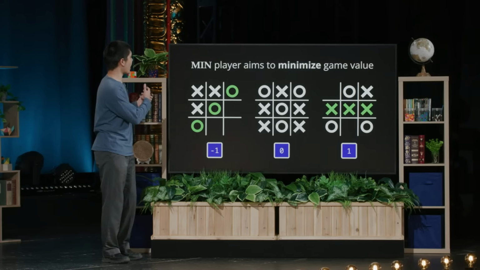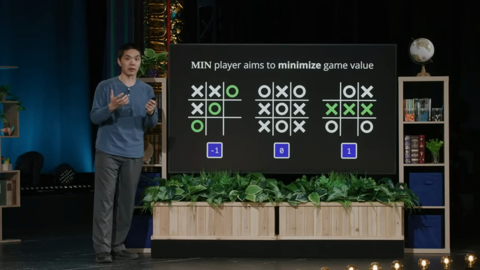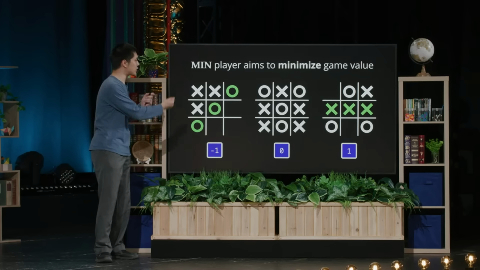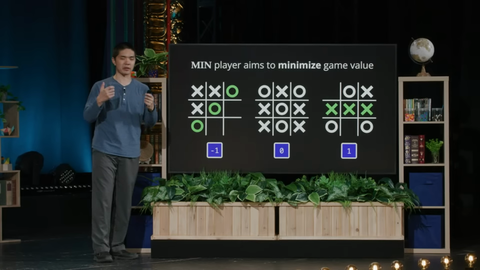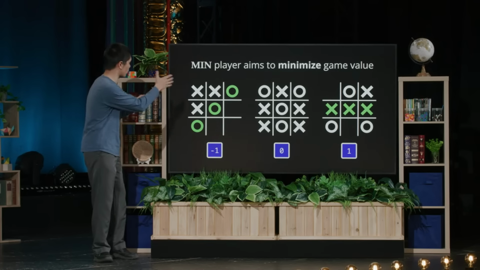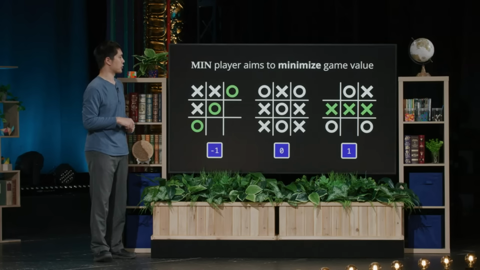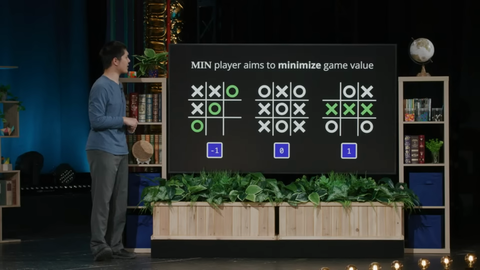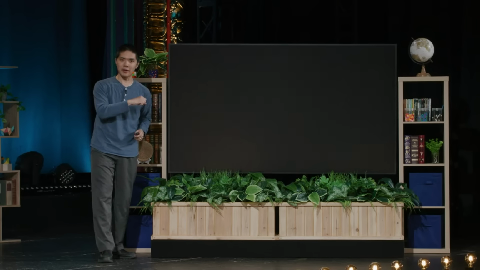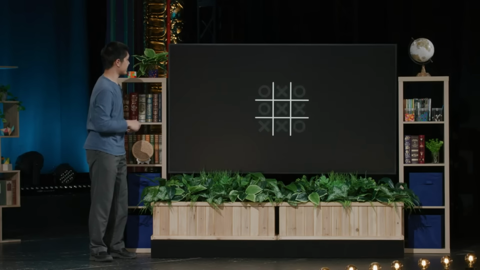Now that we've described these outcomes in terms of numbers and mathematical goals, we can use those numbers to make some calculations, to give an algorithm to computers to work with those numbers to figure out a good move to make. So what might that look like? Well, first, let me give you a little bit of a pop quiz. Let me present to you a tic-tac-toe grid. Here's the grid. The game is over. And let me ask you the question, what is the value of this game board?